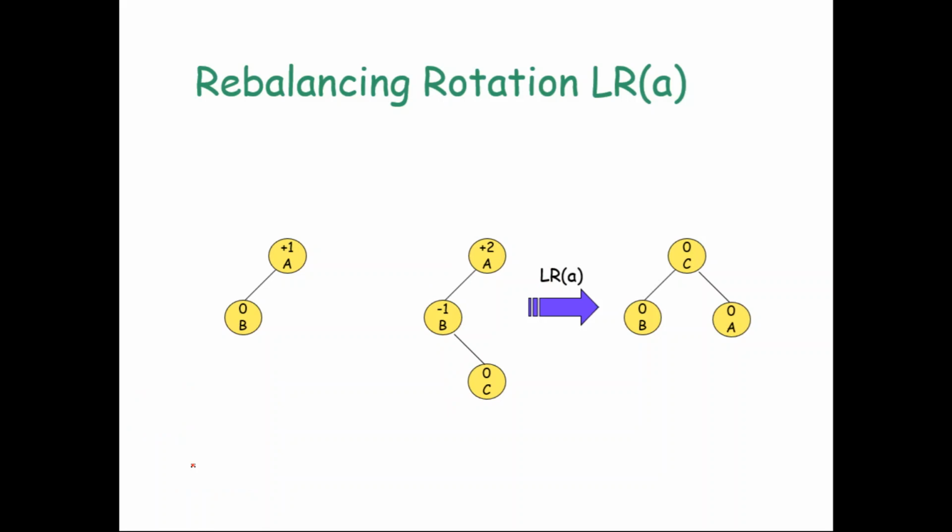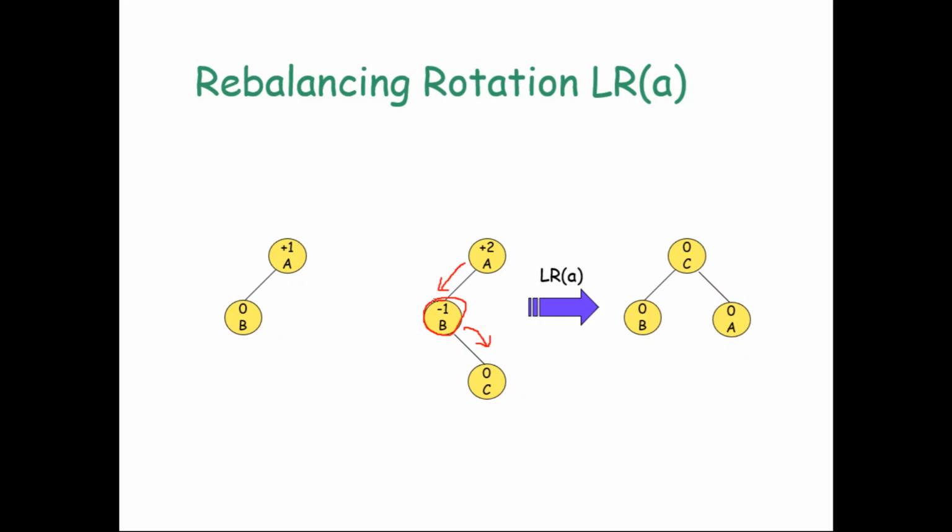First, where should we perform the left rotation? You have to perform the left rotation where the direction is changing. The imbalance was created in A. So from A you try to reach C. When you are trying to reach C from A, first you have to reach B, which is to the left of A, but then you have to go to the right of B. So here the direction is changing from left to right. The node on which the direction is changing, on that node you have to perform a left rotation